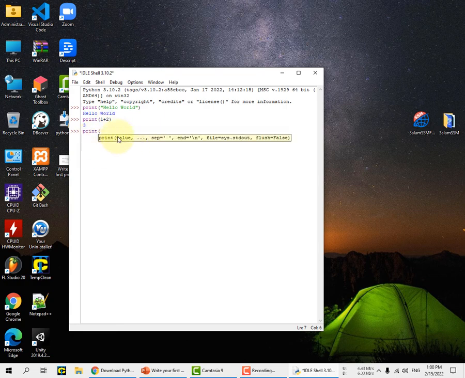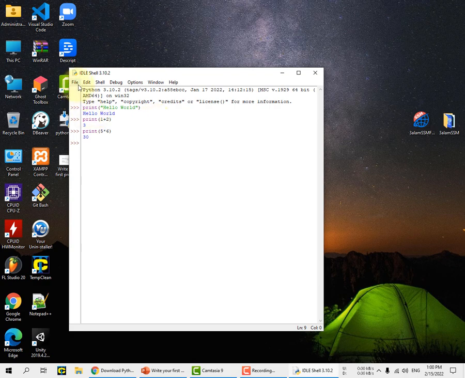And this is the description of how to use the function print. We will discuss this in our next tutorials about the Python language. So let's try to type 5 asterisk 6. We are expecting 30 here. As you can see, Python is so easy to use.